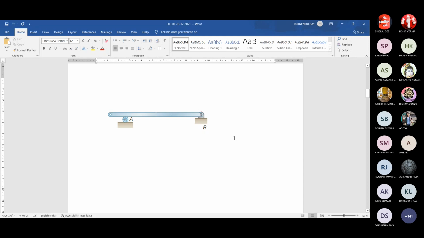And if you resolve it into 2 components, one horizontal, that is RBH, and one vertical, that is RBV, or RBX and RBY, either in that way of components or in the way of a single reaction force, that combined reaction force. So there are many such interesting, very basic and preliminary aspects.